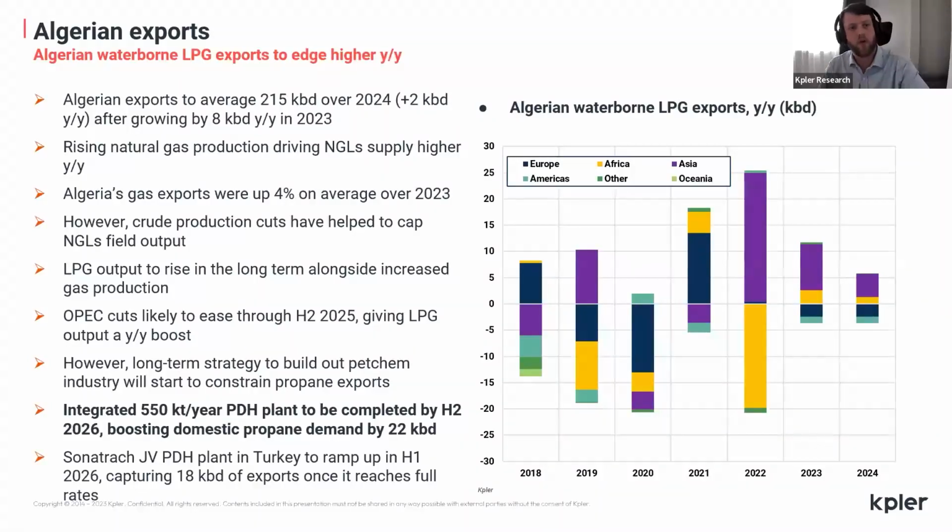So the final supply side LPG related market I wanted to talk about was Algeria. Now, just in terms of direct output over the short term, we don't believe Algerian exports are going to climb significantly this year, a small uptick. And this is primarily because of the OPEC Plus cuts limiting how much crude and condensate can be produced, and the fact that in Algeria, the vast majority of the LPG that's produced is a byproduct from crude and condensate